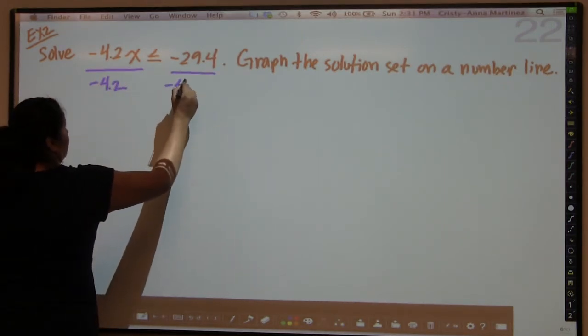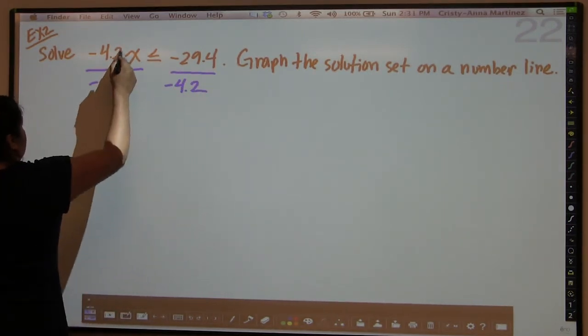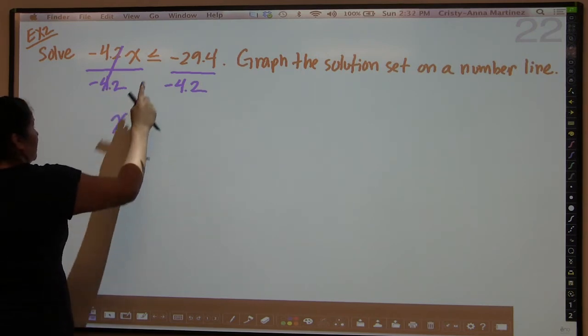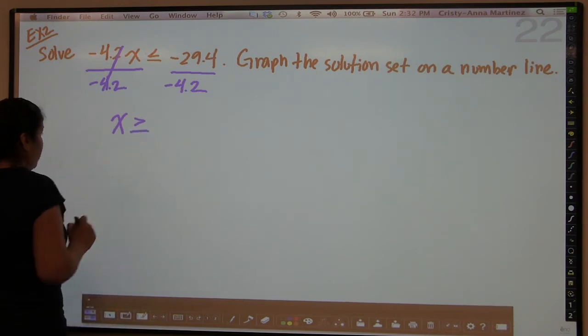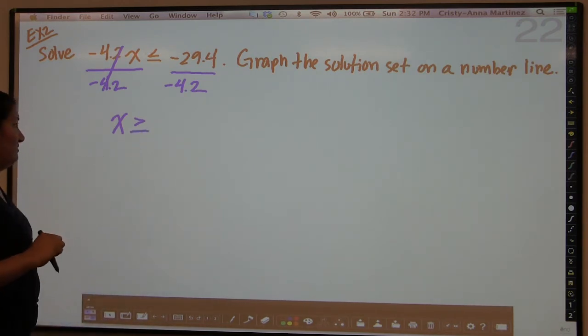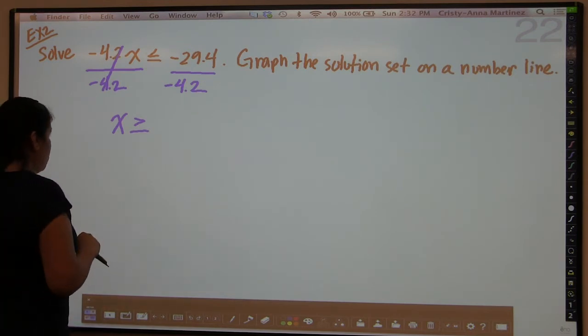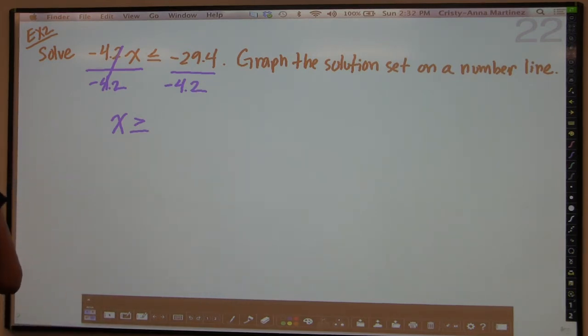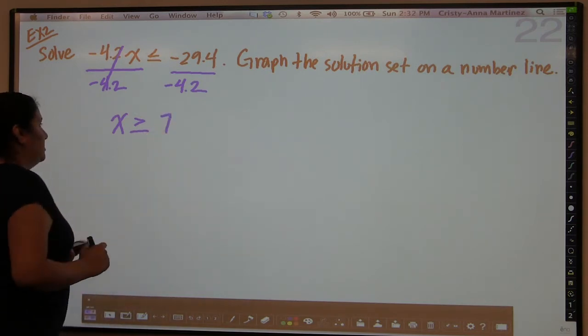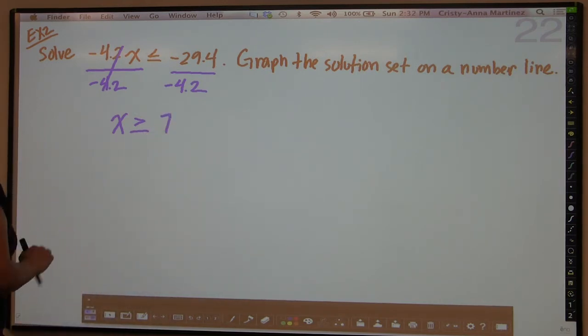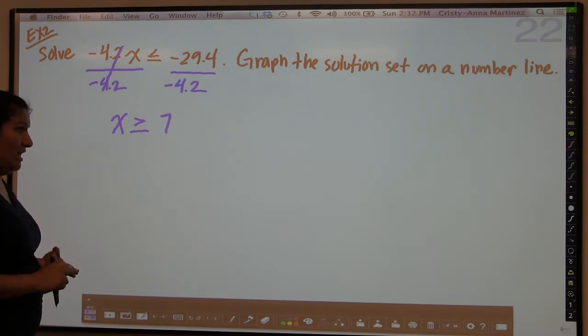And because I am dividing by a negative value, I am going to get a positive x, but this symbol, which is currently less than or equal to, is going to have to switch to a greater than or equal to. That is the second thing that is very different about solving inequalities. You would never do that in an equation situation, but you do in the inequality situation. So we're going to take negative 29.4 and divide it by negative 4.2 and get positive 7. Awesome. So again, if you're dividing by negative or multiplying by negative, switch the symbol,